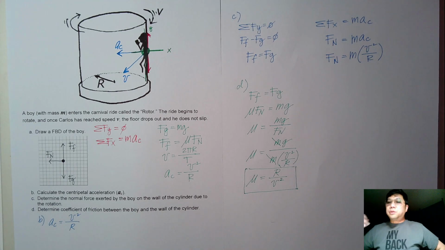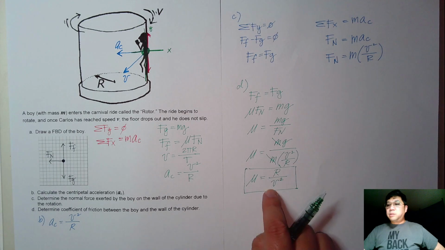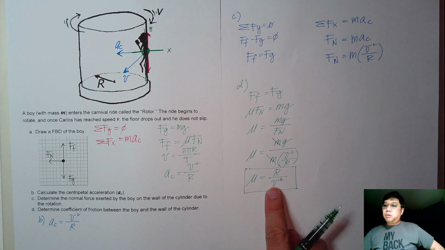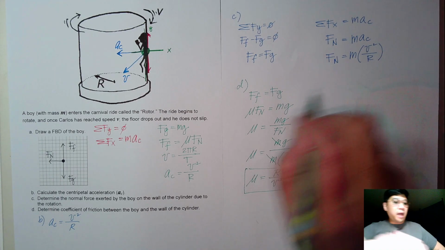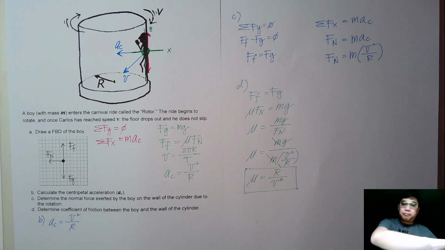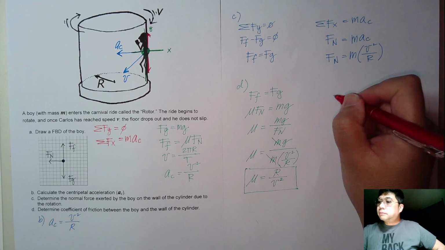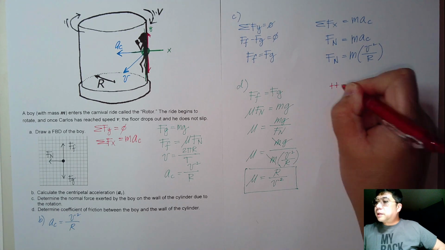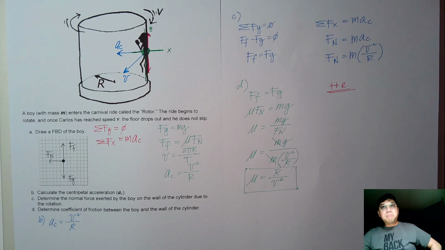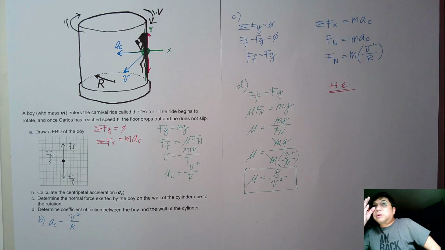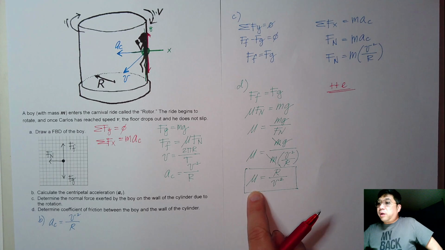Okay, so this is the maximum velocity. Now, if you want to figure out the velocity, let's say I wanted to add letter E. What is the minimum velocity for you not to fall? Okay, so how do you figure out the minimum velocity? Using your answer from letter D,